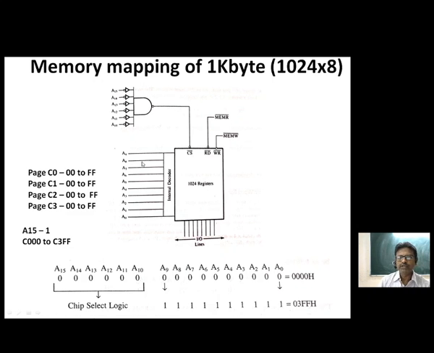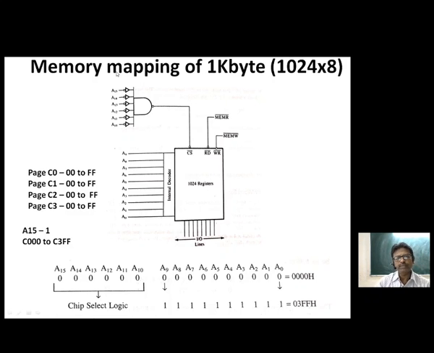And the address will become 8, 4, it will become 12, 9, A, B, C. So it will become C0 to C3. And if it becomes C00 to C33, the address range will be changed. It will be page number C0, page number C1, page number C2 and page number C3, like that. So in this way we used to do the memory mapping of the individual memory chips.